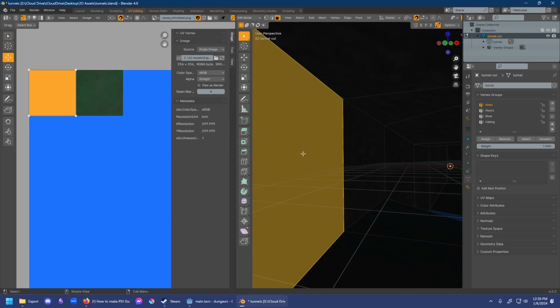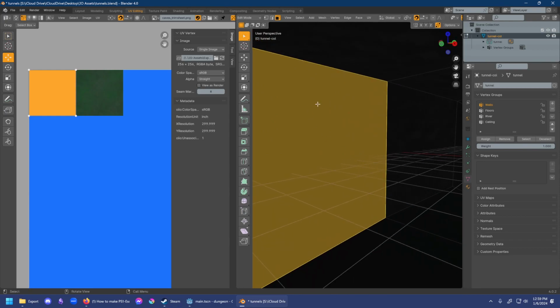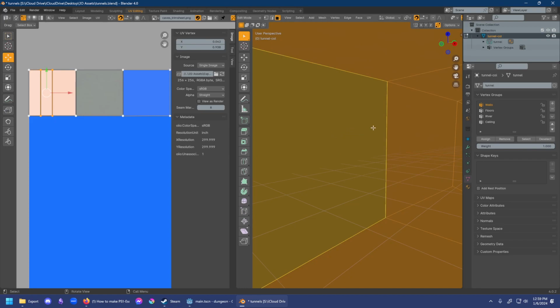So I select a face, and then I'm in Blender. I've got my model. This is the tunnels for the first level. I can select a face, and then when I'm over here, I can drag my UVs and select a particular texture. So I'm making this one big texture, and it's going to have a lot of little slices that are 32 by 32, and each one of those will represent a different texture I'm going to use in my mesh. So I select a face, in this case the walls, and whenever I do that, let me deselect everything